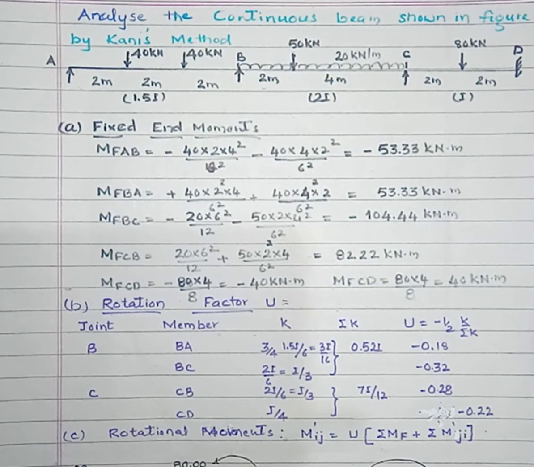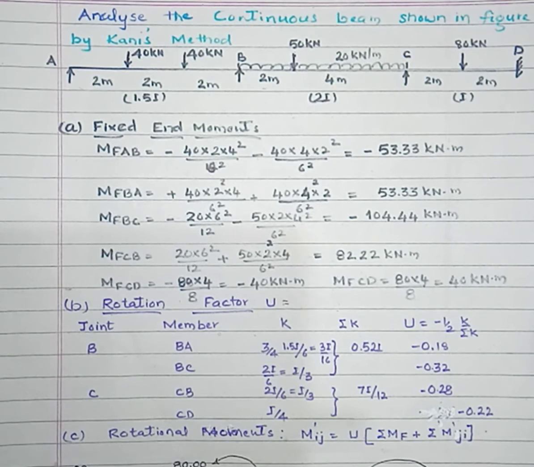Here by the method of iteration in first cycle, that is M dash BA, that is rotational moment at end BA, that one equals the rotational factor multiplied by sum of the fixed end moment, that is minus 24.44 plus far end moments. Far end for B, one is A, one is C, both the ends the rotational moments are 0, therefore after simplification, you will get M dash BA equals 4.3992. You have to write here.